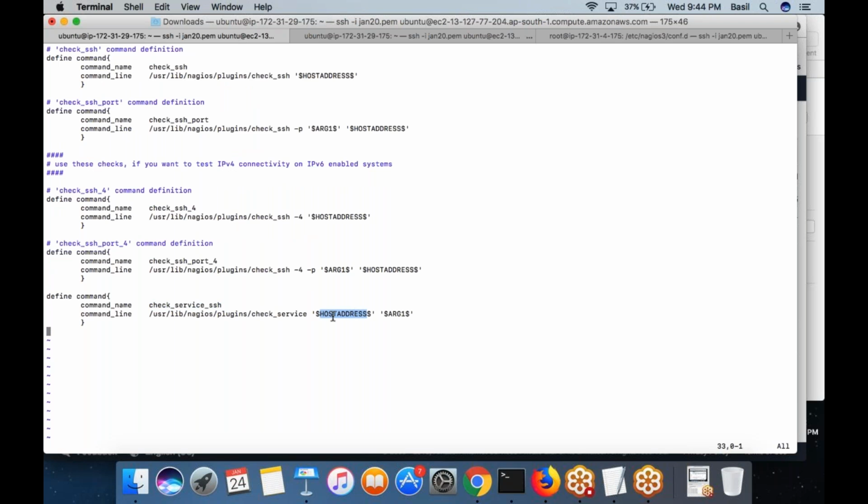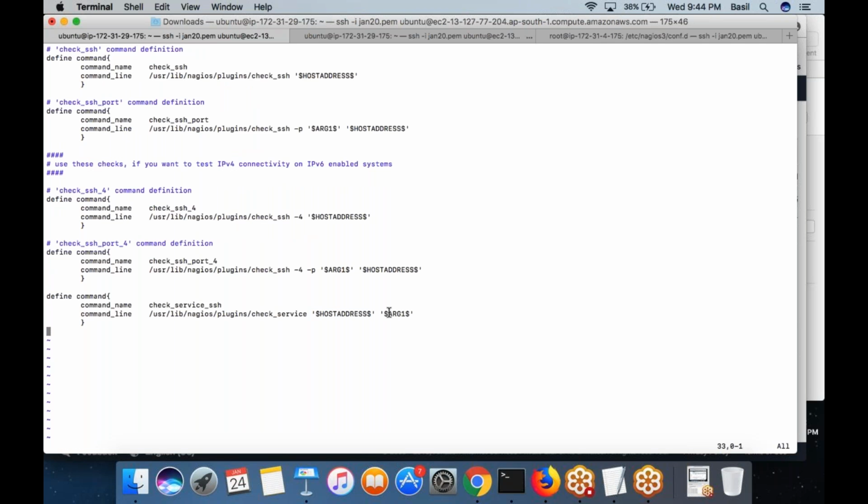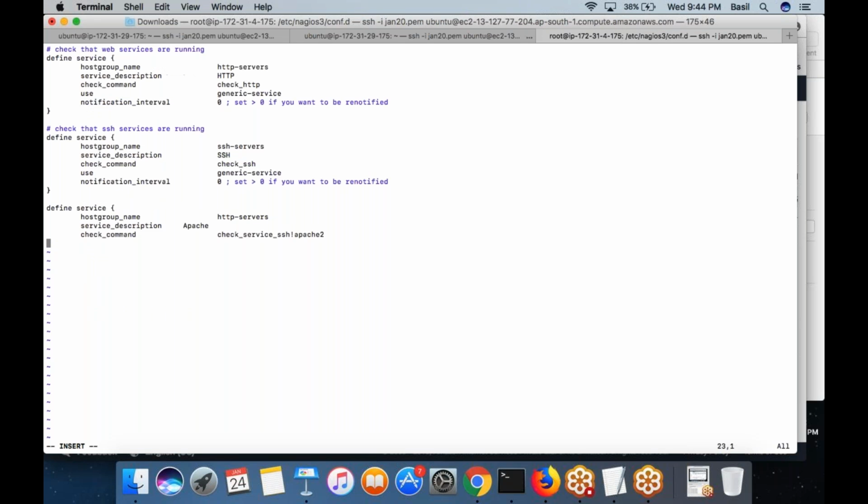So it will come as host address here, and this host address would be replaced with the actual machine that is being monitored. If it is web 001 machine, yes, web 001 machine IP would be replaced here, followed by the argument 1, which is nothing but the explicit argument that you are passing from here. It's Apache 2. Use generic service.